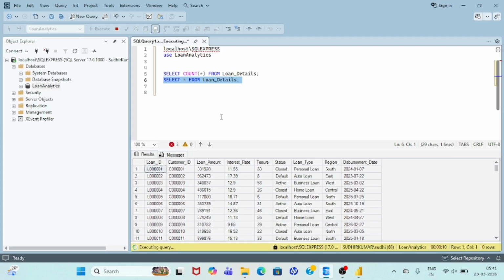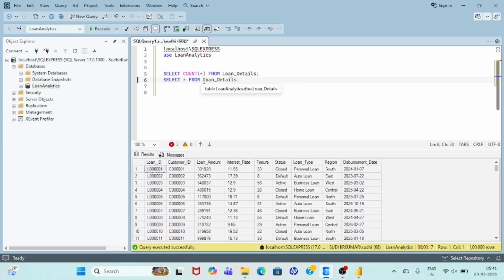Hi everyone. So today I am going to show SQL Server to Power BI, and we will build the dashboard. I want to mention here that this table has around 1 lakh records. If you load it directly into Power BI, your dashboard will struggle. But today I'll show you how to use SQL to reduce this to just a few rows and build a